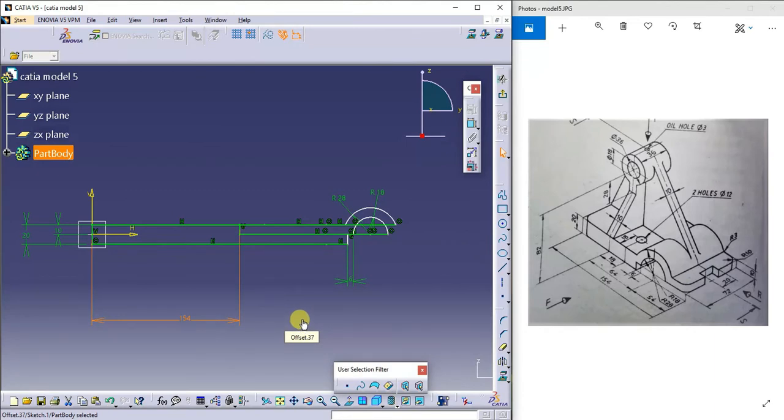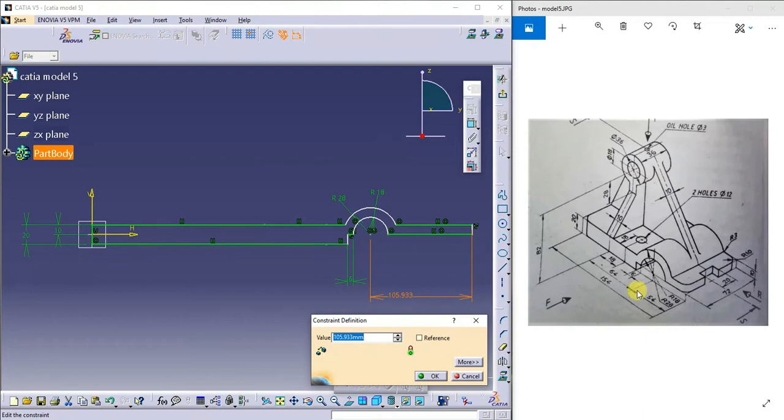So I'll try to escape from this. What I do, instead of this, I'll try to take it from this end. From the center of this one, it is 54. See here, this is 54.